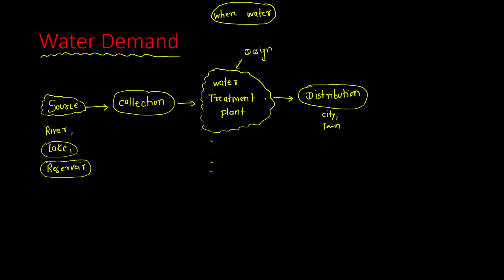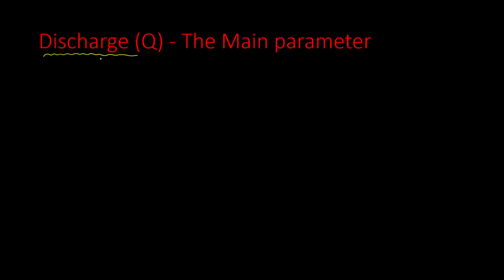For the designing of those components we will require a certain quantity. So the most important quantity is called capital Q, and that capital Q is nothing but the discharge. So what is discharge first? So this discharge Q,